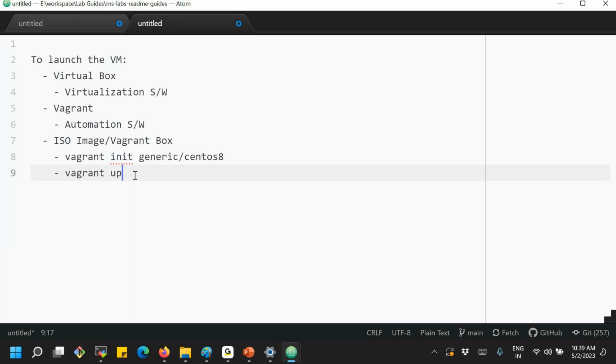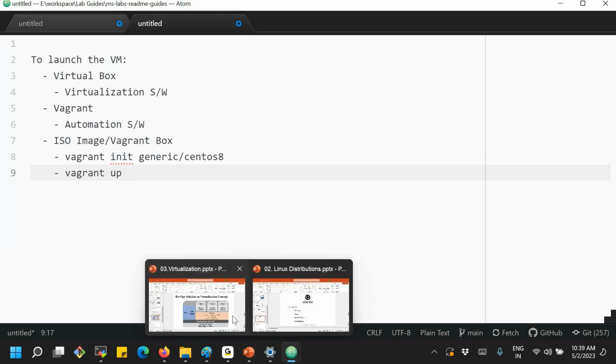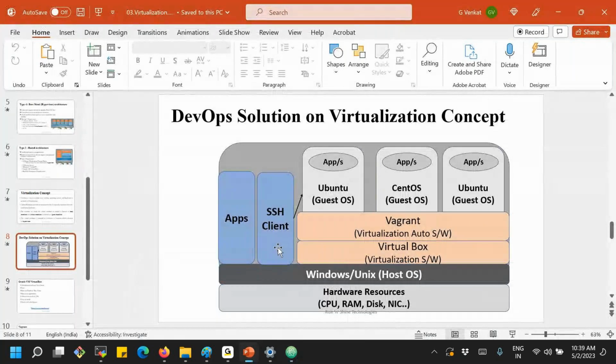Okay, how do I use it? Or which terminal or which command prompt do I need to use? Anyway, we are talking about one more software that's required to install on Windows. So what is the third software which we need to install? SSH client we need to install, which helps to connect to the virtual machine when it has been launched.